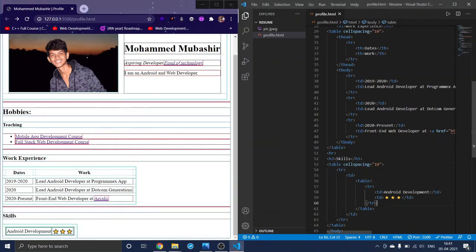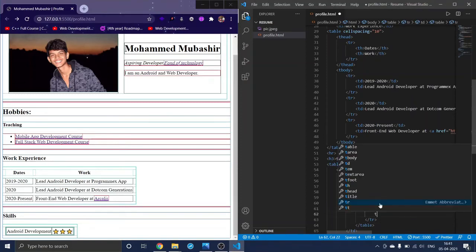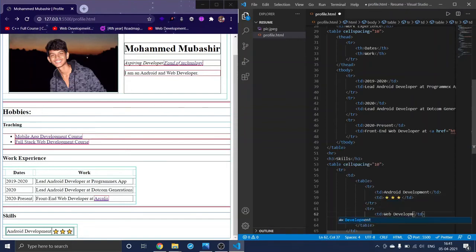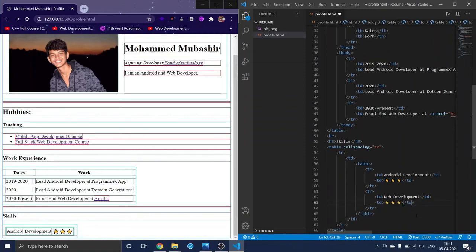So let me give another row here, tr, and in that tr I need a td, which says web development, and I'll copy paste that, and again I will copy these stars and paste them here, right?